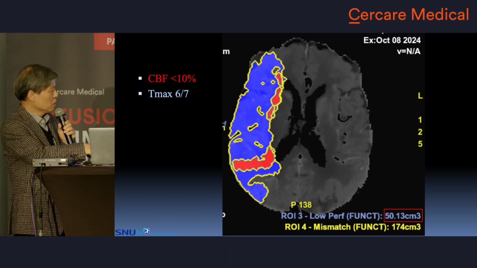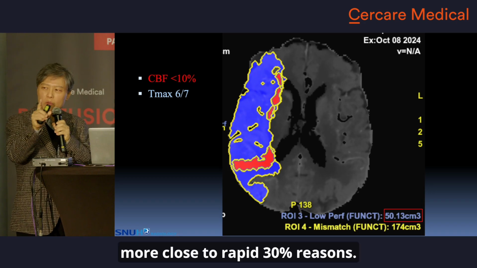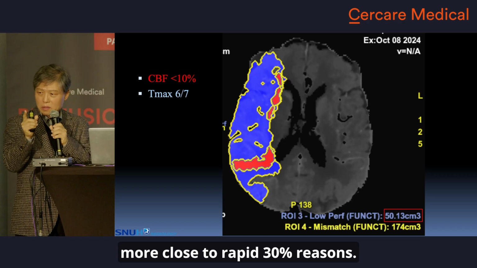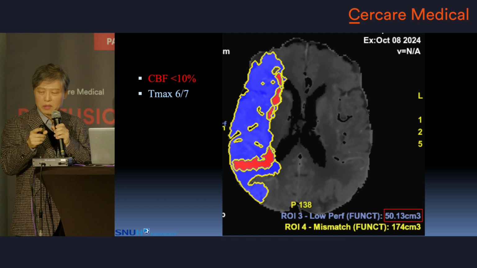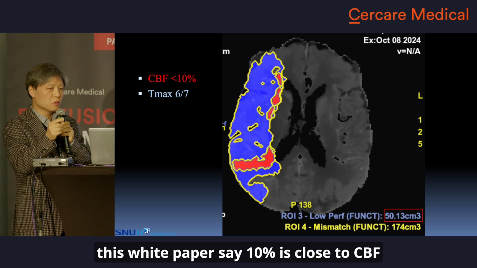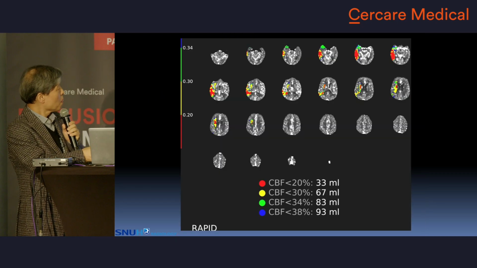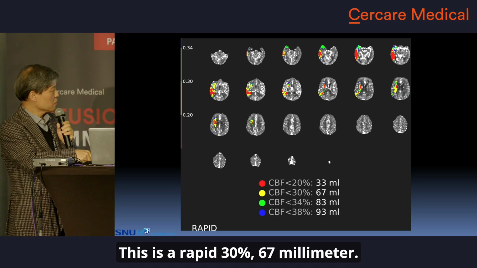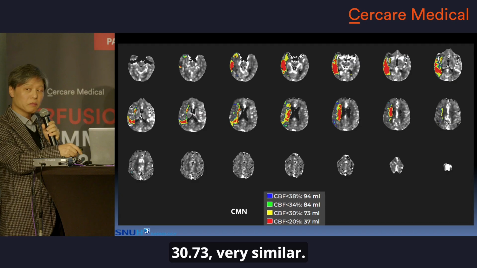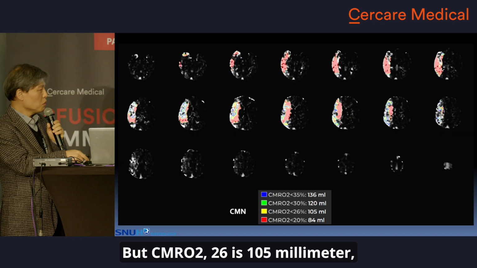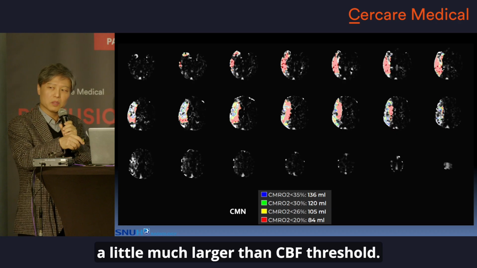So the infarct core lesion is 50. They say the CVF 10% threshold is closer to RAPID 30% results. They published a white paper, just inside papers. This white paper says 10% is close to CVF 30%, so they use CVF 10%. RAPID 30% is 67 millimeter, and CMN 30% is 73, very similar. But CMRO₂ 26 is 105 millimeter, a little larger than